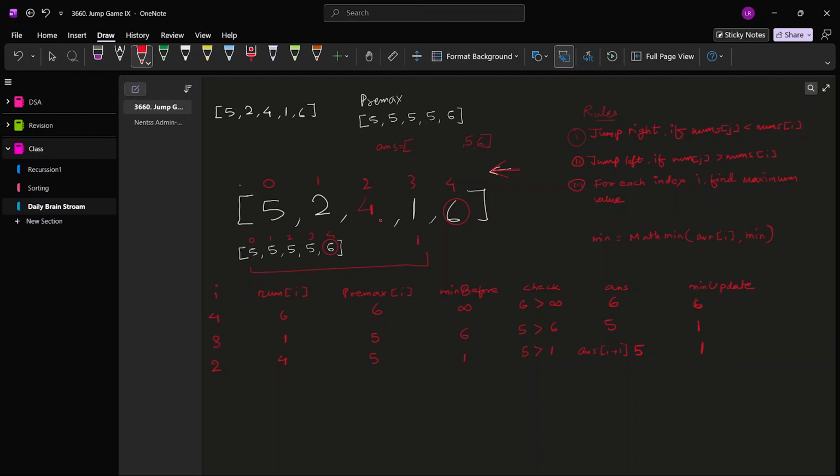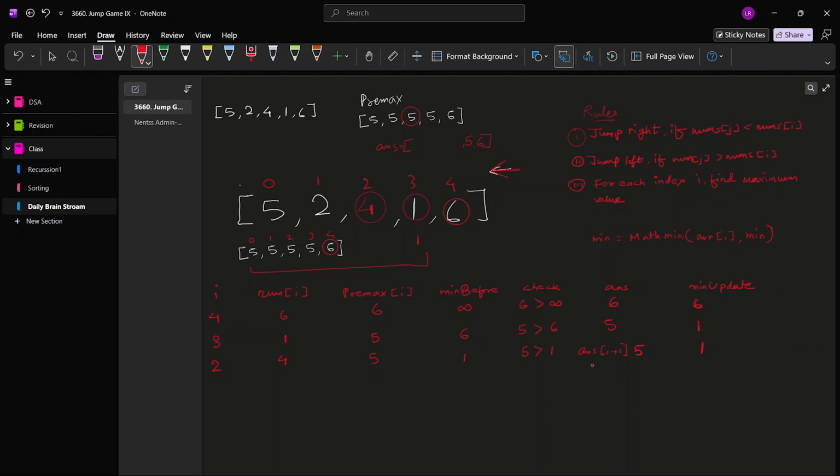अब जब हम 4 के लिए आए हैं ढूंढने के लिए जो सबसे बड़ा एलिमेंट एग्जिस्ट करता है लेफ्ट हैंड साइड पे, तो हमने क्या कंपेयर करा, हमारा जो प्री मैक्स है, प्री मैक्स ऑलरेडी 5 है, मतलब कि हमारे 4 के लिए 4 से बड़ा एलिमेंट एग्जिस्ट करता है 5। नाउ वी हैव टू लुक फॉर अ प्रॉपर वे टू रीच टू द 5। तो प्रॉपर वे क्या है, पहले स्मॉलर पे जाओ देन लार्जर पे जाओ। तो जब हम स्मॉलर पे जा रहे हैं जो कि आगे है, तो उसके लिए तो हम ऑलरेडी लार्जर फाइंड कर चुके हैं विच इज 5। तो इसके लिए भी सेम ही लार्जर होगा, राइट।